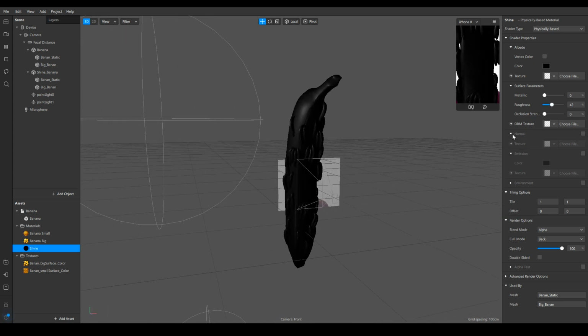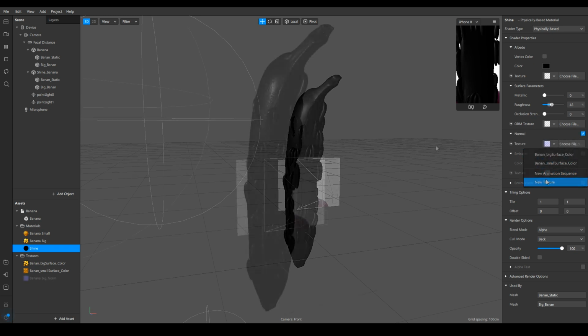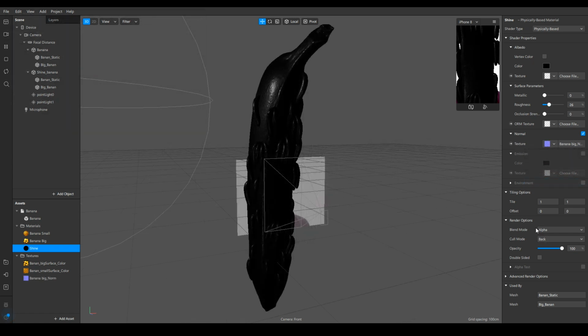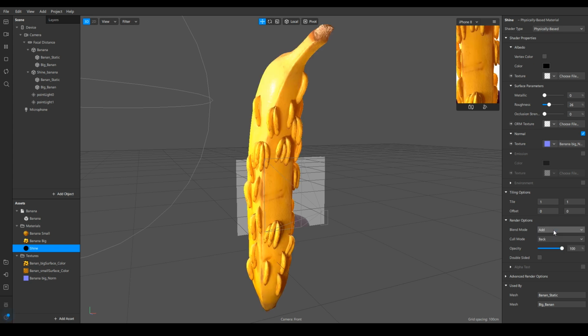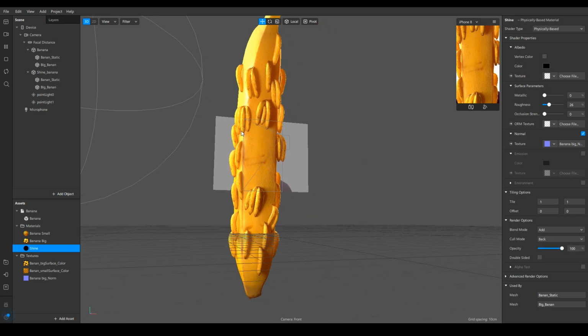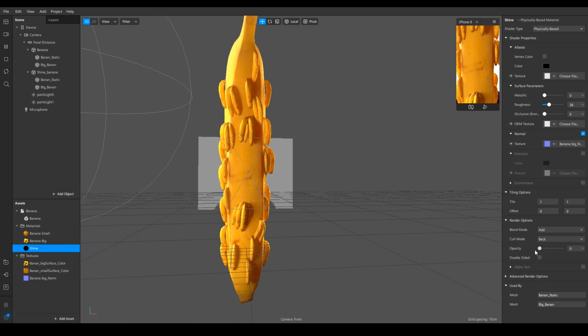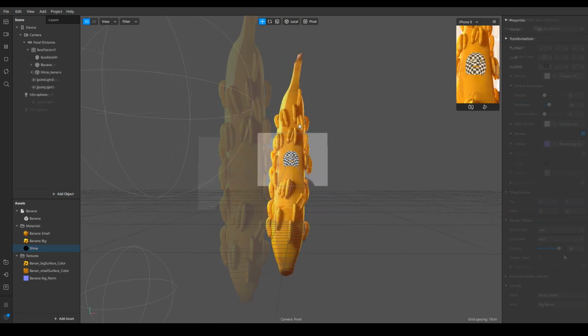And what I'll be doing is I have a normal map that was exported from Quixel Megascans. So I'll just go ahead and import that. And what we can do next is over here in the blend mode, we can change this to, I think, add or screen should do fine. Alright, so that's pretty much it. The reflections do certainly give it a bit more realistic feel with the lights in the scene.